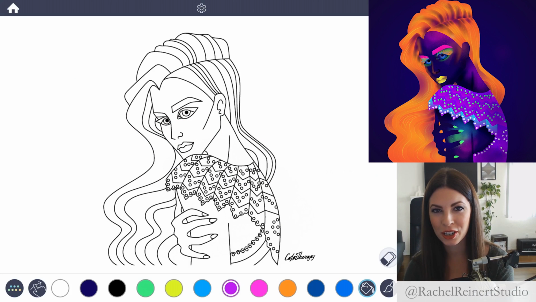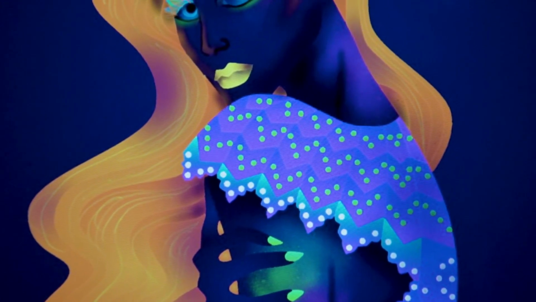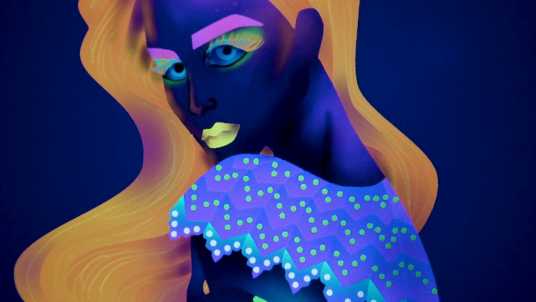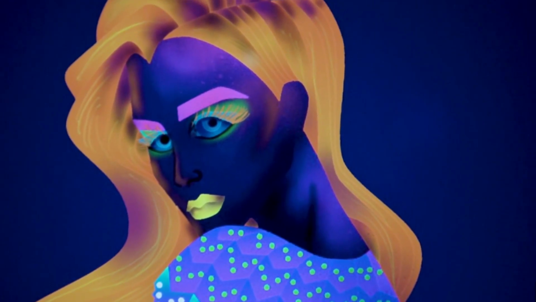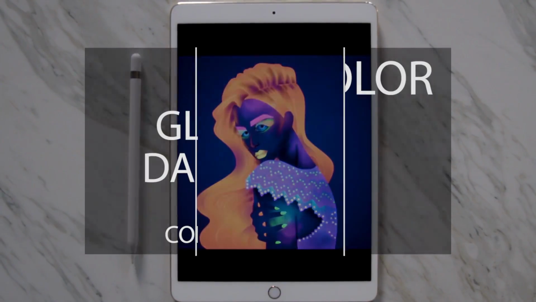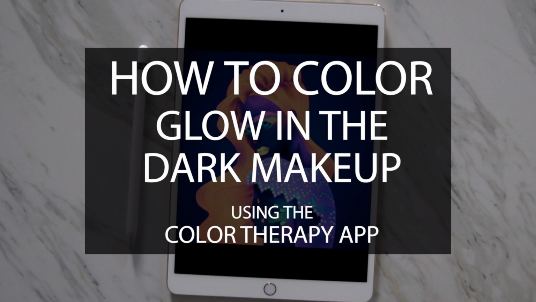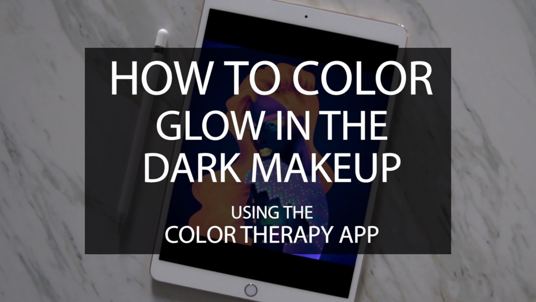Hi everyone, I'm Rachel, and today I want to show you how to color glow-in-the-dark makeup using the Color Therapy app. This is a super cool tutorial, and I'm excited to show you how to accomplish this. If you've ever seen glow-in-the-dark or black light makeup, you'll know what I'm talking about. Using the neon palette and dark colors for the background and skin, you'll be able to color any subject this